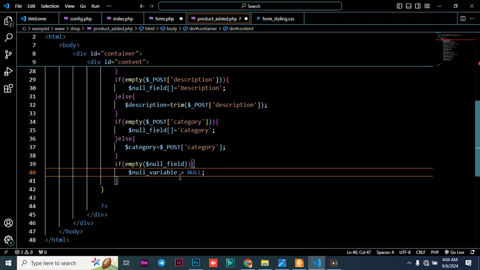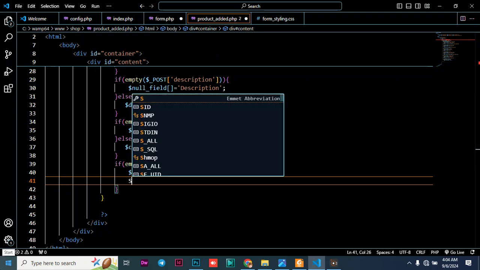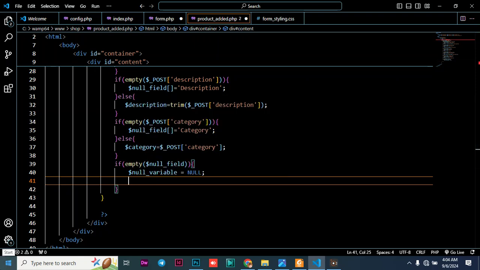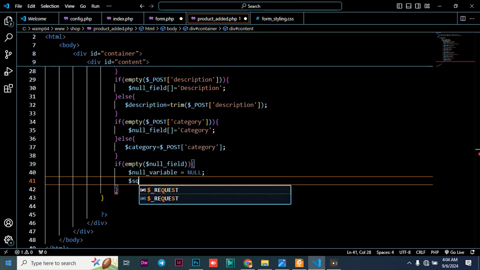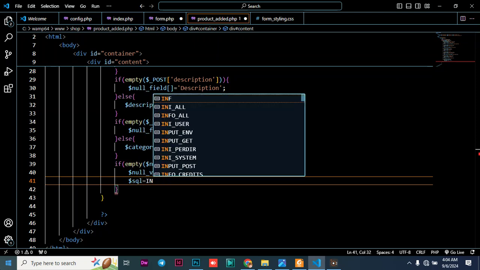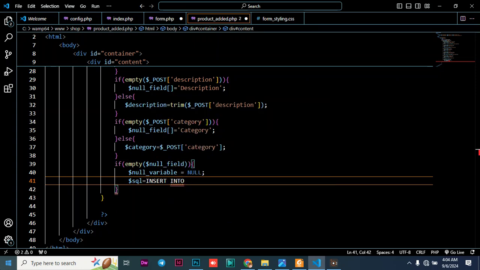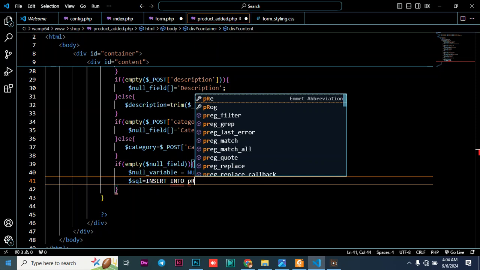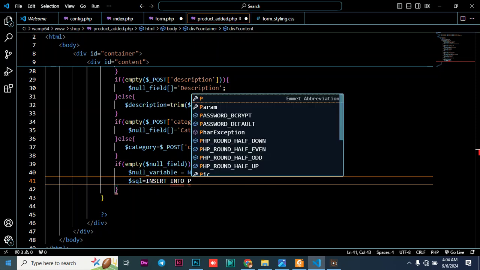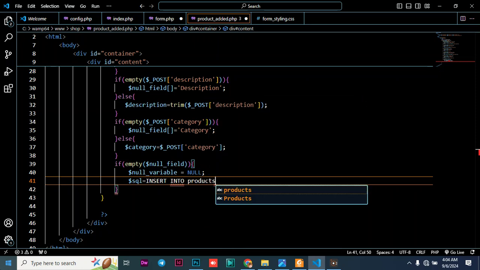Okay, so after you have said that and you have checked that everything has been entered, the next thing to do is just under that you enter the values. So you just write dollar sign SQL is equal to insert into product. Remember, product is our table name, values,